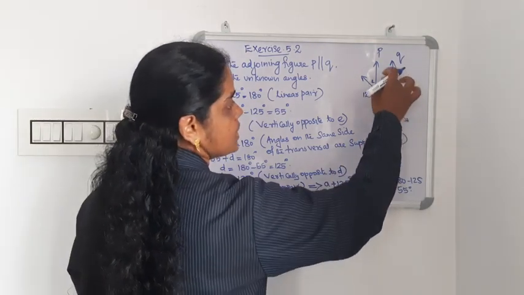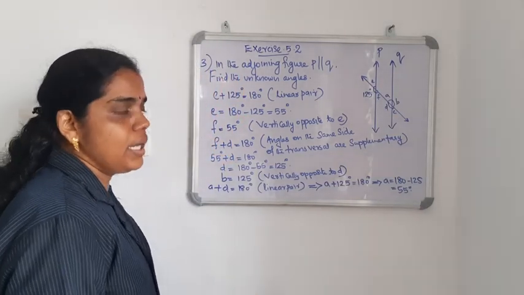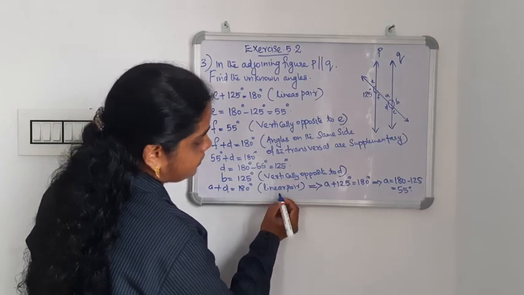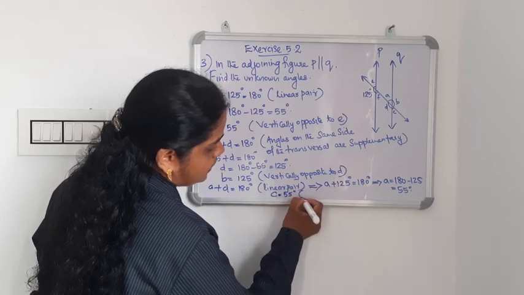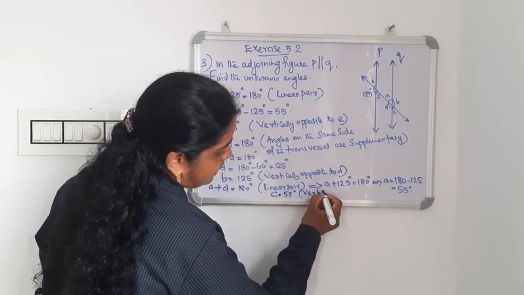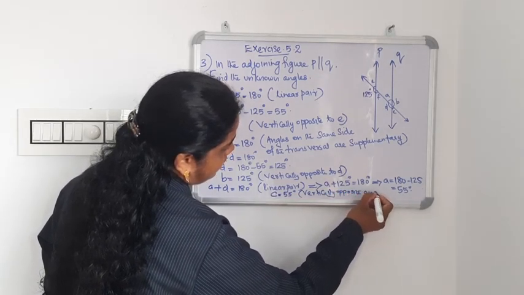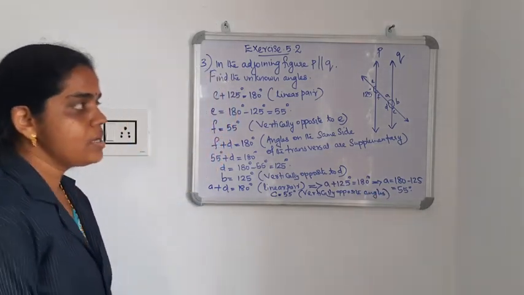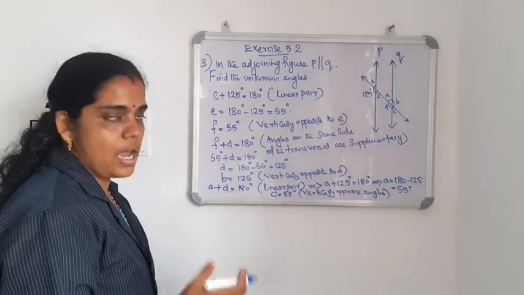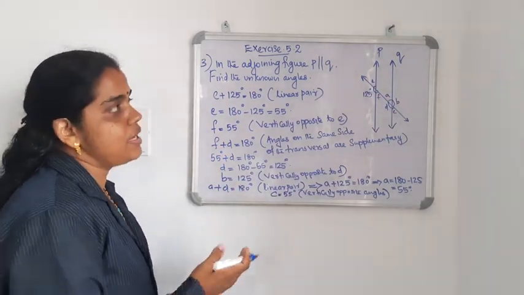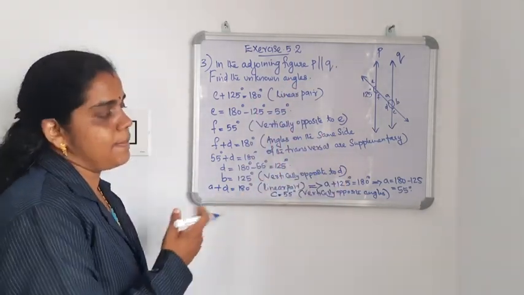Okay, then which angle is remaining here? C only remaining. So if angle A is 55, C also 55 because it is vertically opposite. So we can write C equal to same as A, 55 degree, within bracket write vertically opposite angles. Okay, so only one angle is given here, but we can find out all the other angles using the properties of transversal. If two parallel lines are cut by a transversal, all these laws we can apply. Okay, clear?